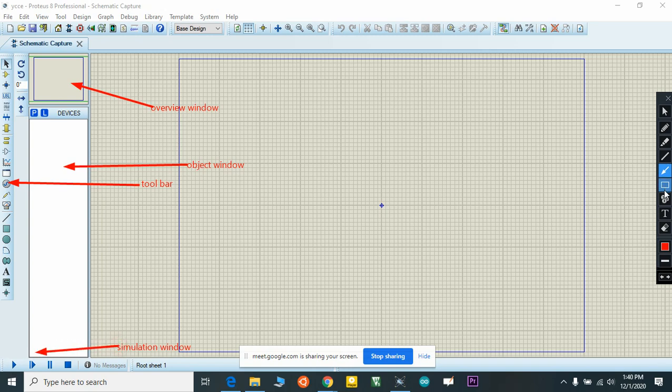It's an important section here, in the left corner. You can start, pause, stop, everything you can see. Okay, this is the rough explanation of these windows, and now we will move on to how to select components.